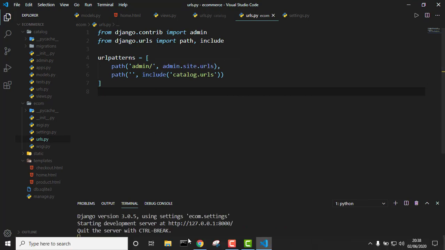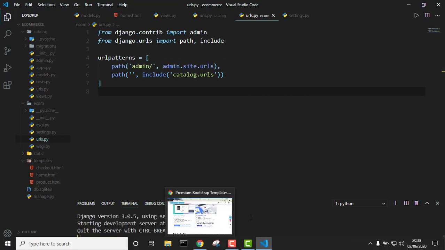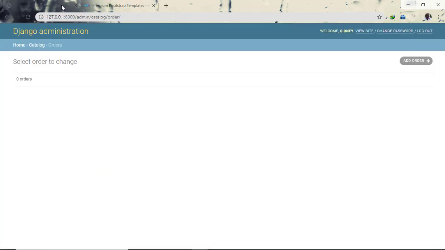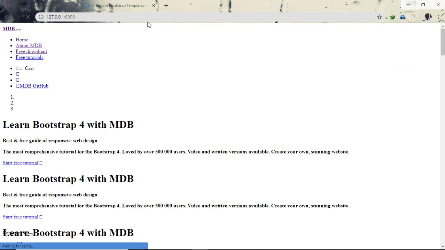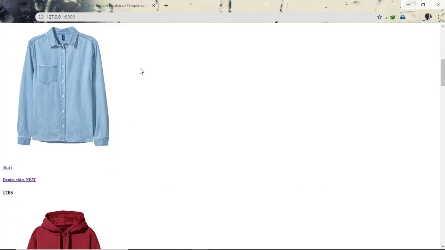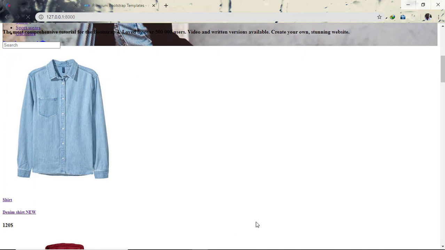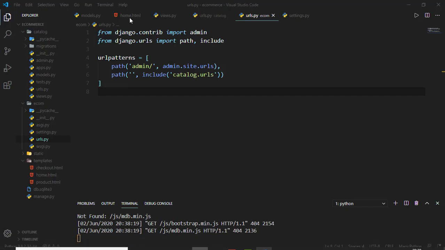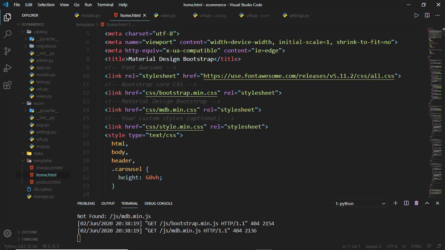So everything looks fine. Now if we go to our root URL, of course we are not going to get any styling for now, but if we just can come back inside our home.html,